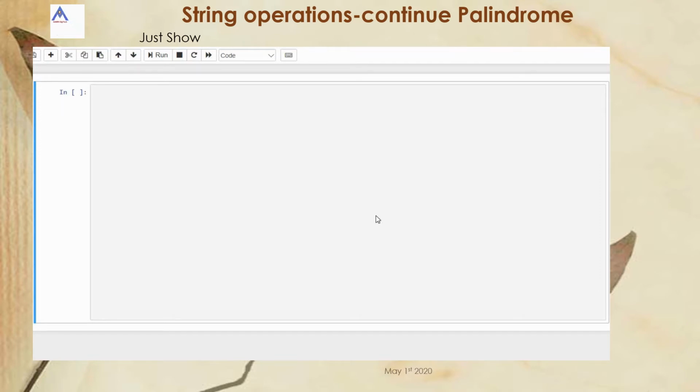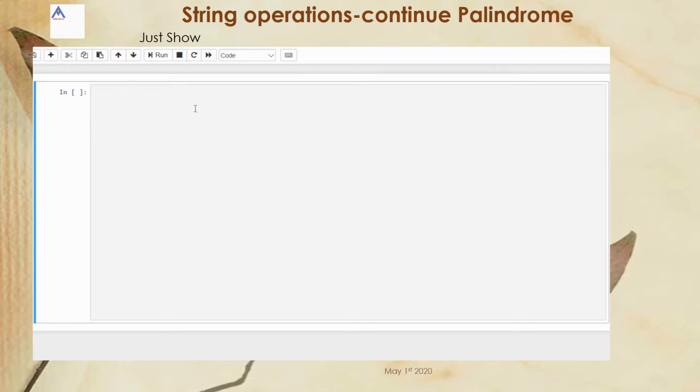In this slide, I will show you a string related program: palindrome, whether the given word is a palindrome or not. The concept of palindrome is, if you reverse the given word and the word is still the same, then we call that word a palindrome.